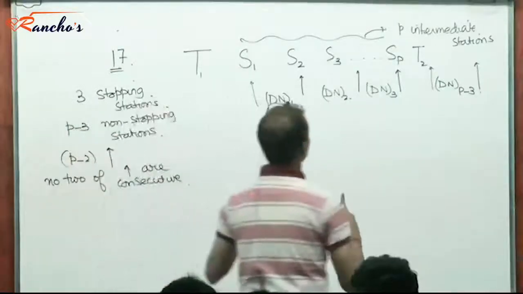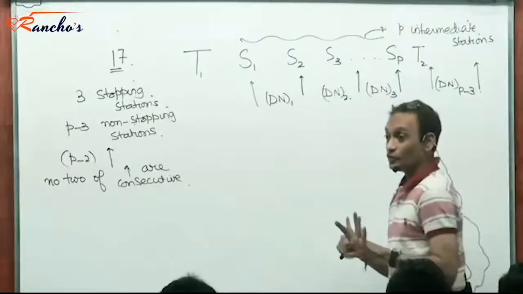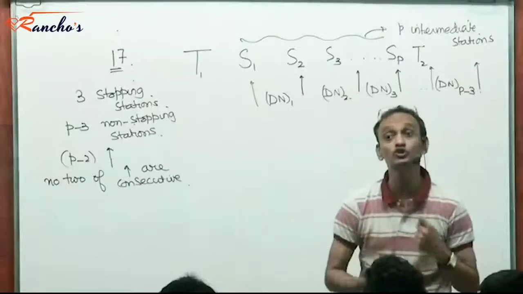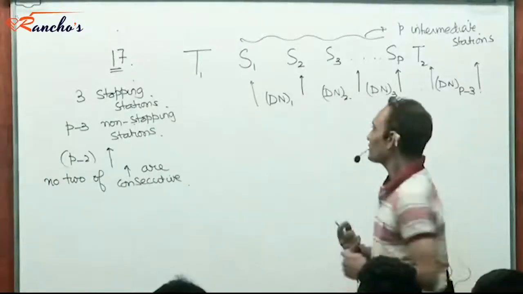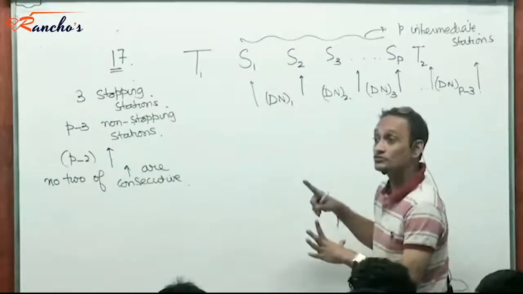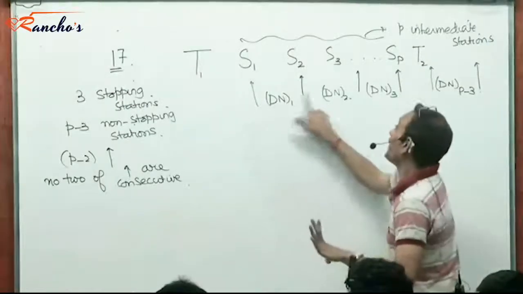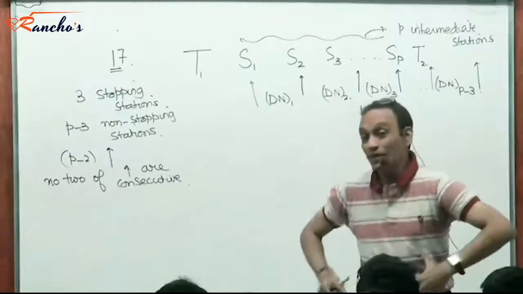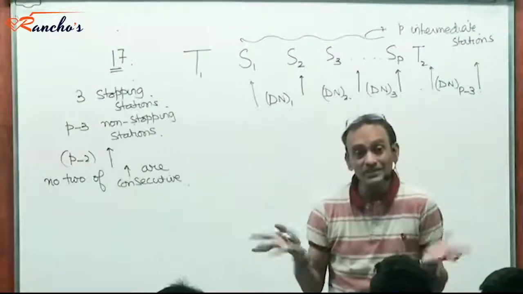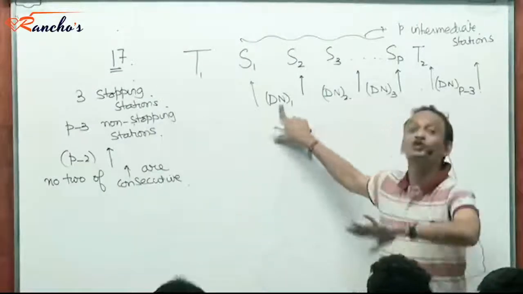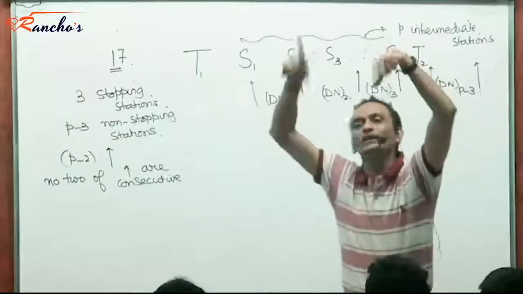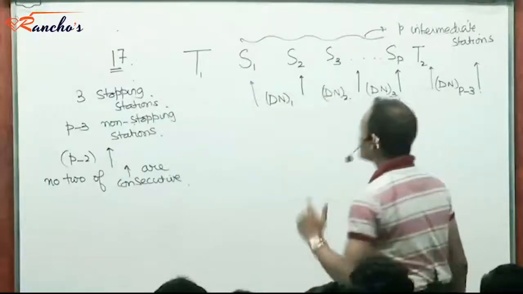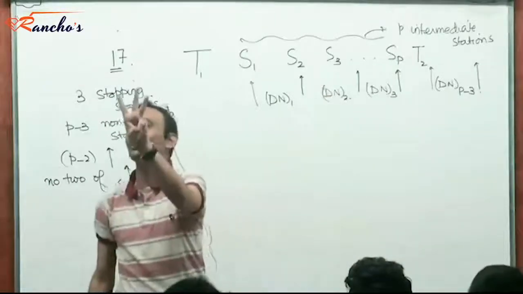You know what I'm saying? These could be used as arrows for stations where it could stop. That means the 3 stopping stations could be any of the 3 arrows. Because if I select any 3 arrows as stopping stations, they would always be separated by at least one non-stopping station. So no 2 arrows would be consecutive, yes or no? Yes, sir. Right.